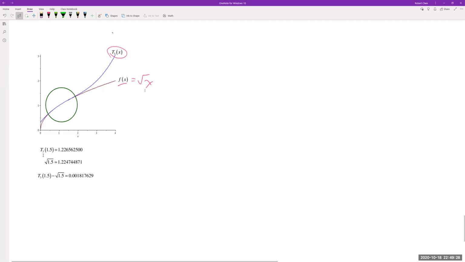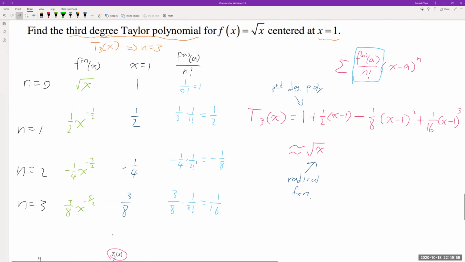And here we have some values. When we plug in 1.5 into the polynomial, we get about 1.22656. And the actual square root of 1.5 is 1.22474. You can see that it's accurate down to the 100th place, and then it's in the 1000th place that we get a little off. The error is 0.0018, in the thousandths place, that's where the error occurs. So I would say that this is actually a pretty good